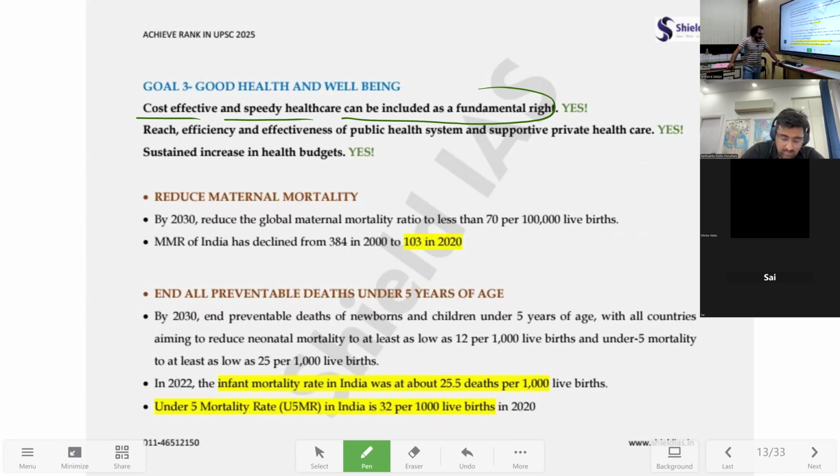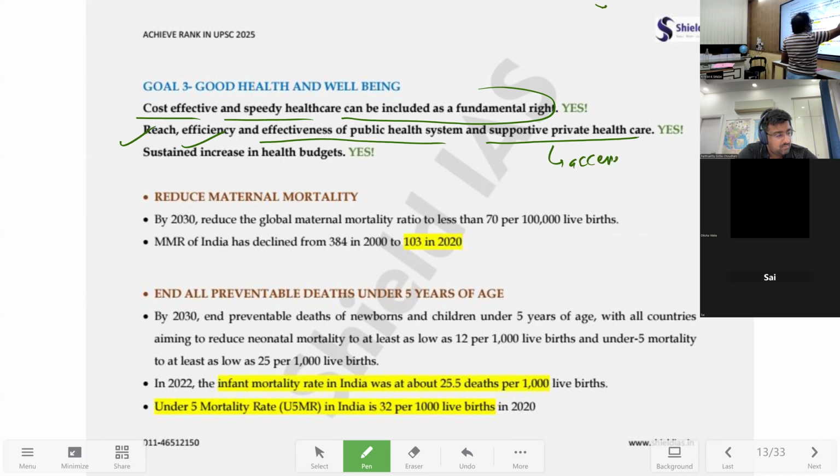Right to education was included in Article 21 as 21A. Maybe this can be added as 21B. Okay. So it depends upon how we are going to proceed on this. So right to health can also be there as a fundamental right. Hence, before making it a fundamental right, what should also be increased? The reach, efficiency, and effectiveness of the public health system and supportive private healthcare, which can be accessed